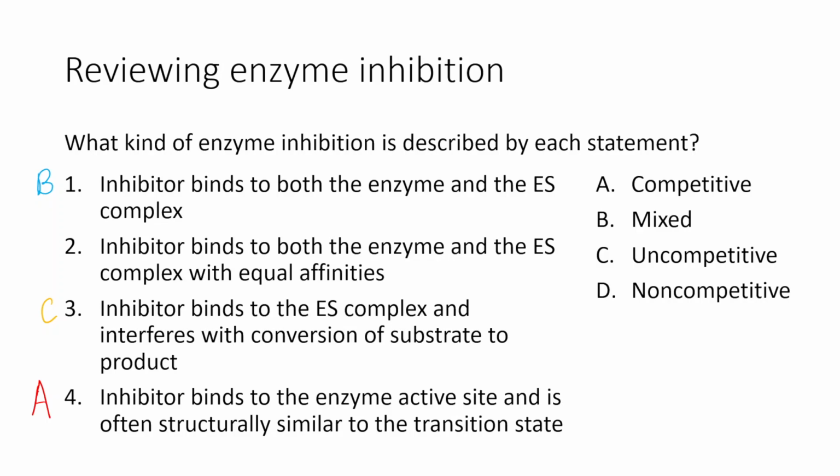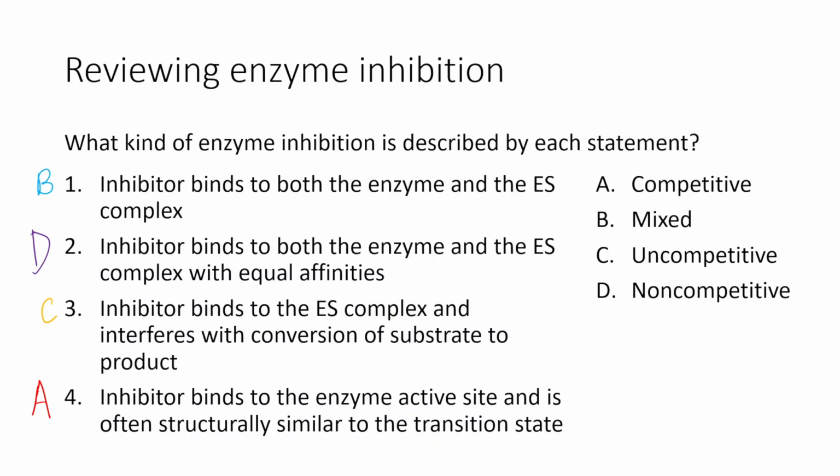So that leaves us with non-competitive. And that one matches with statement 2, right? A non-competitive inhibitor is a special type of mixed inhibitor. So for a non-competitive inhibitor, it binds to both the enzyme and the enzyme substrate complex with equal affinity. So it's a type of mixed inhibition, because in mixed inhibition, there's binding to both the enzyme and the ES